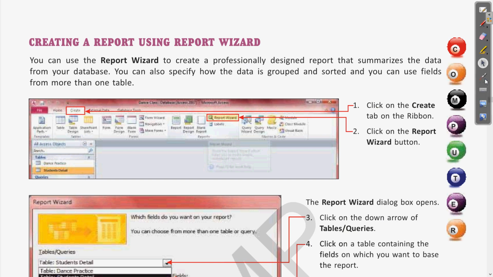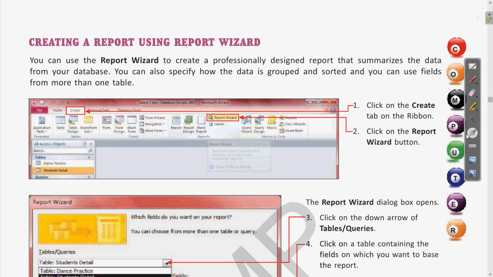As we have seen how to generate a report using the report wizard, whatever table or query we have, we can use those. So first we will go to the report wizard option.